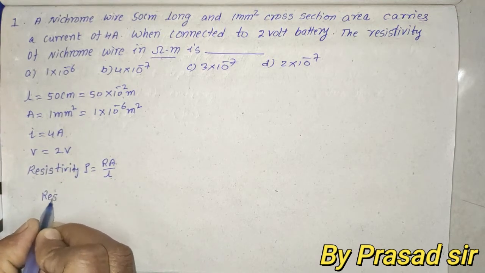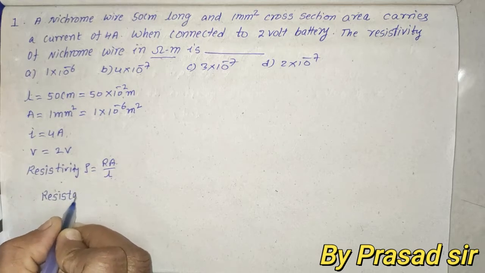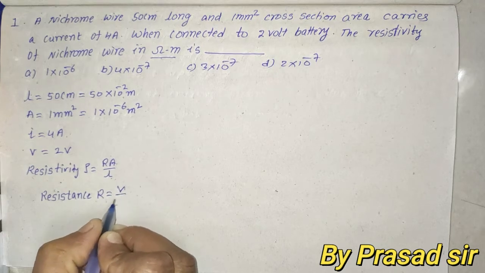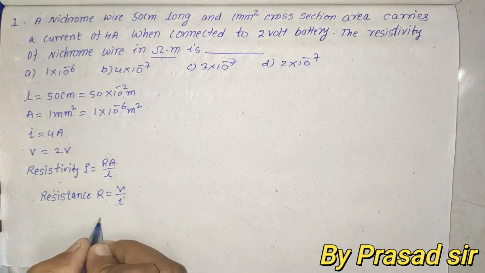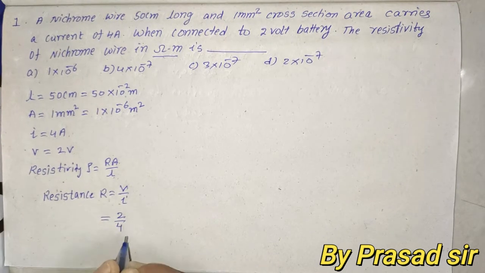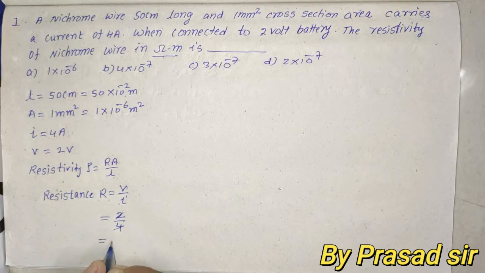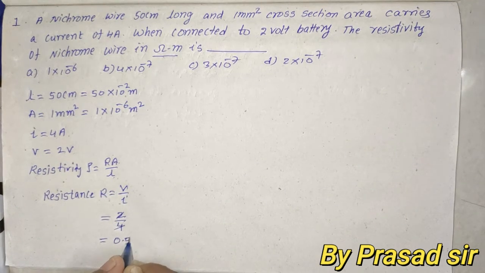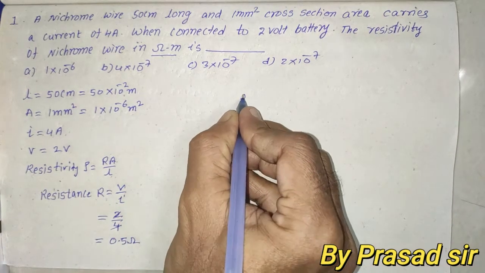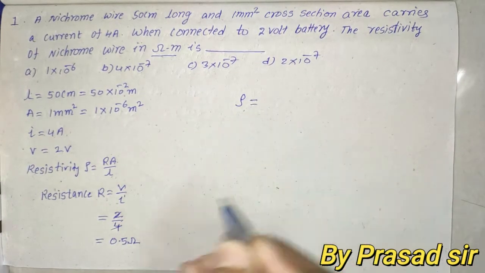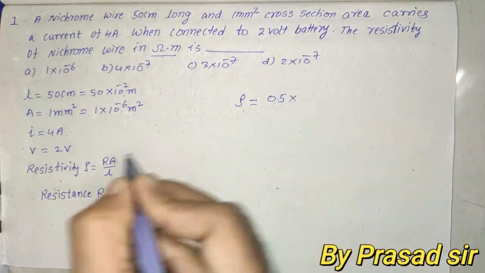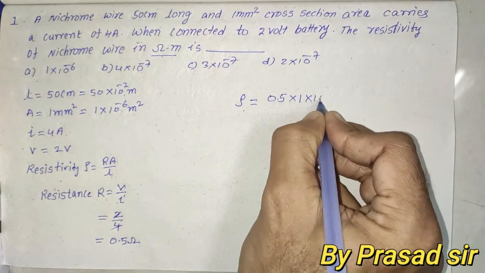Here resistance R is equal to potential difference divided by current. So what is the potential difference? 2, and current is 4. So here 2 by 4, that is 1 by 2, is nothing but 0.5 ohms. So to calculate the resistivity, rho is equal to resistance 0.5 into area 1 into 10 to the